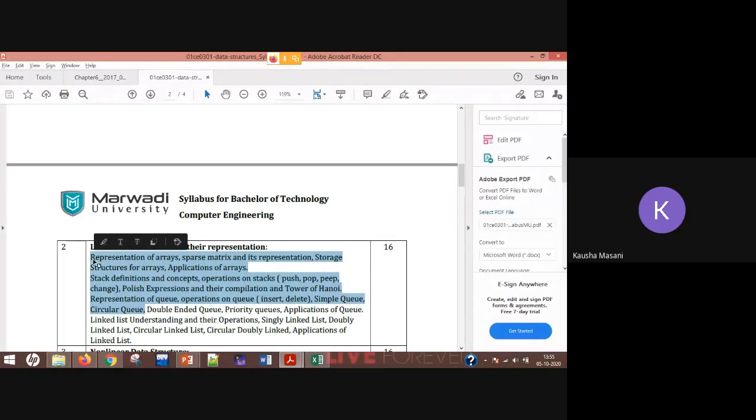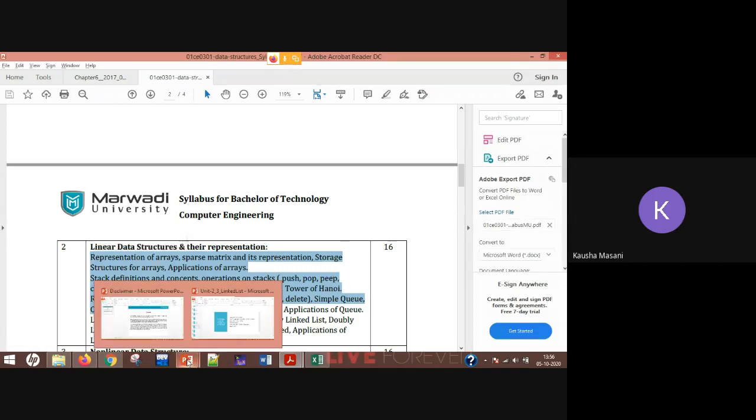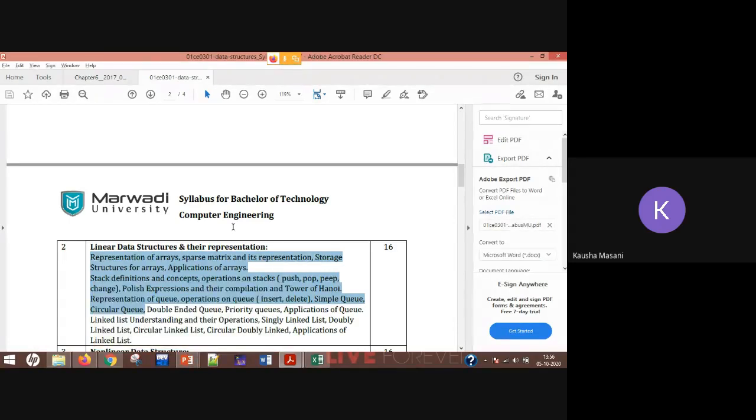Aditya, it is already done. The PDF is there. There is also an e-book if you want to refer, and the e-book has been uploaded. Slides are also uploaded, so you can have a look. I'll just confirm about this linked list slide. If it is not there, it is going to be there by today evening.